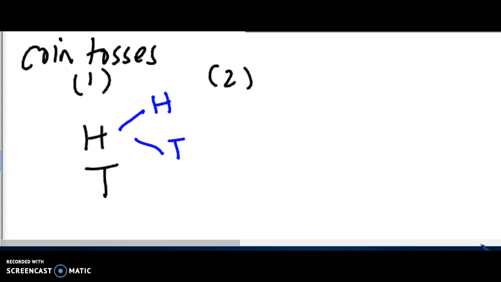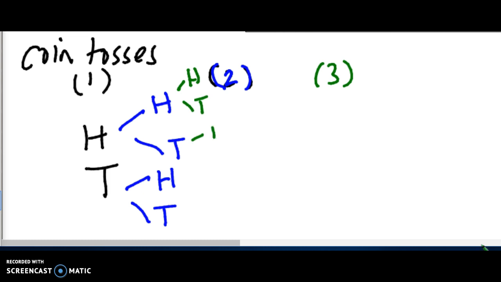If we landed on tails during coin toss number one, during the second toss, we could either land on heads or tails again. And then finally in toss number three, I'm going to write that in green. We could land on heads or tails, heads or tails, heads or tails, heads or tails. So the combinations that we could have would be